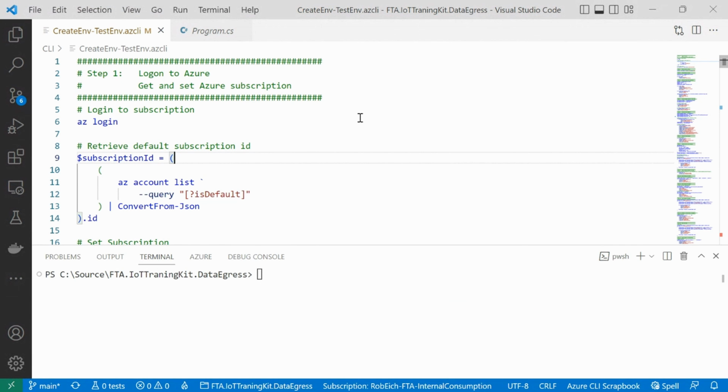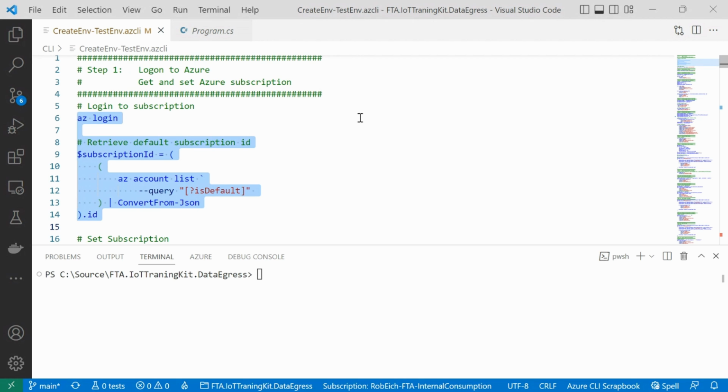So what you see here is really a PowerShell script. And you can find this PowerShell script under the link that was provided in the beginning of the session. And as mentioned, the first thing what we want to do together is really the basic setup. And you can see here in the script, I'm using the Azure CLI. And what I'm doing here, the login, might become handy to you.